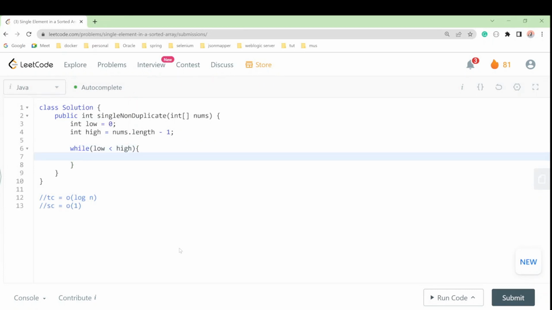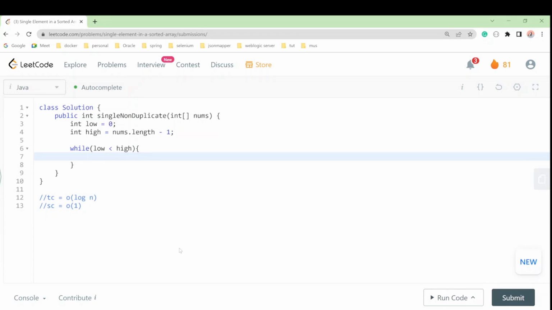The another approach to optimize this is binary search on the even indexes only. This is a more elegant approach than the last one, right? Both are good solutions. The previous one that we saw was also good,